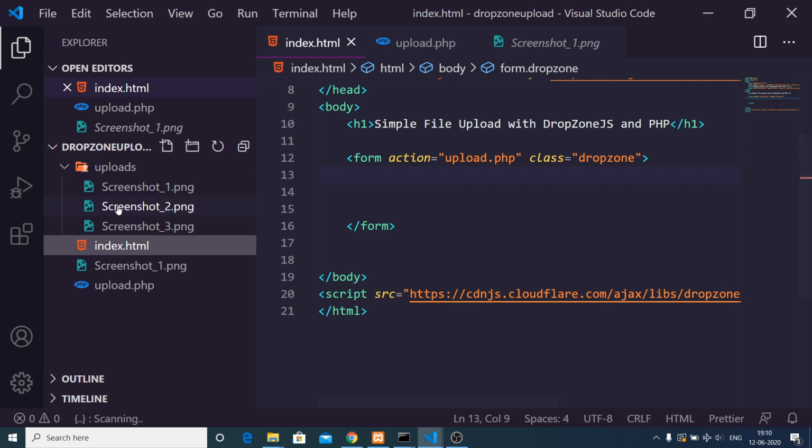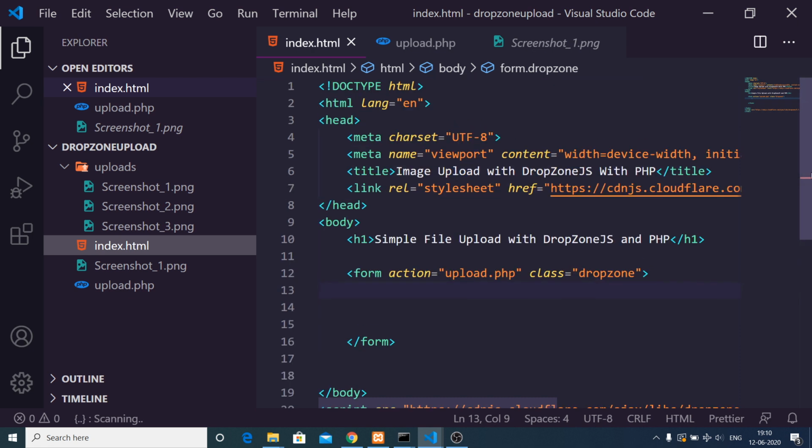So if I open this, you can see that multiple files are also uploaded. You can also upload multiple files. So this was the library, guys, which is DropZone.js, a simple lightweight JavaScript library in order to upload any sort of files to your server with the animation with progress bar.